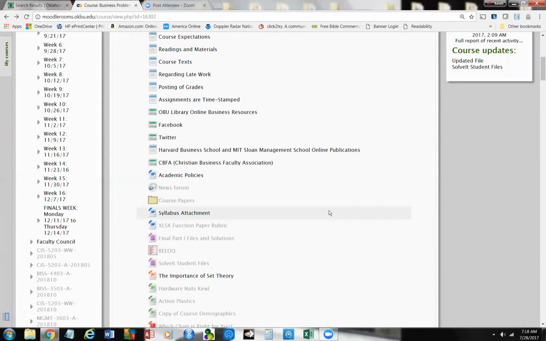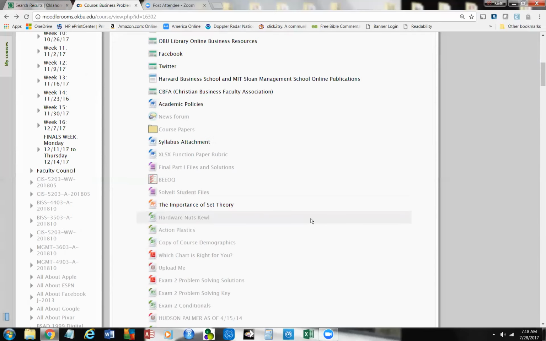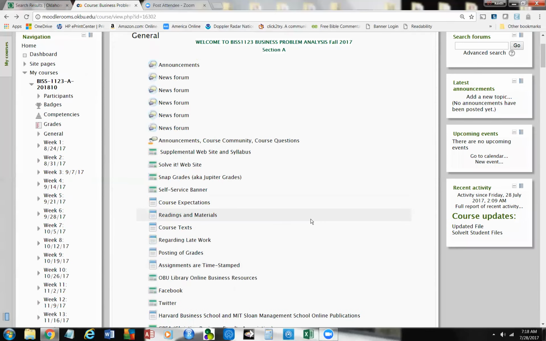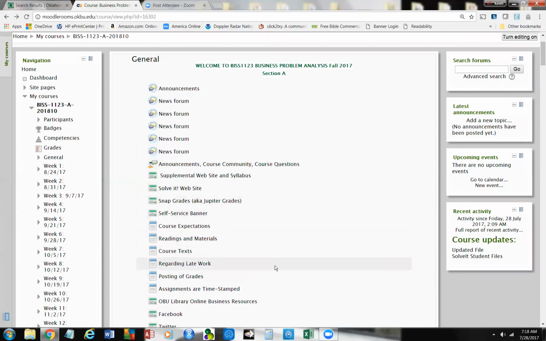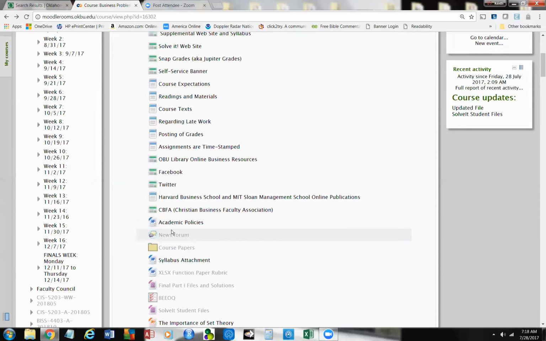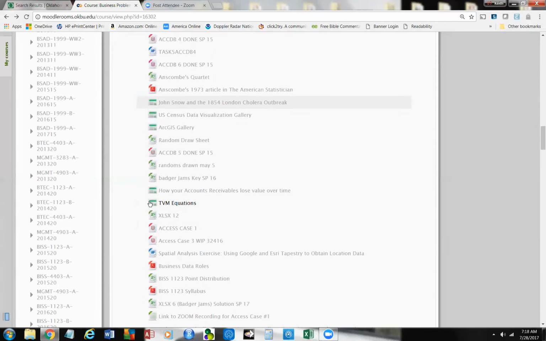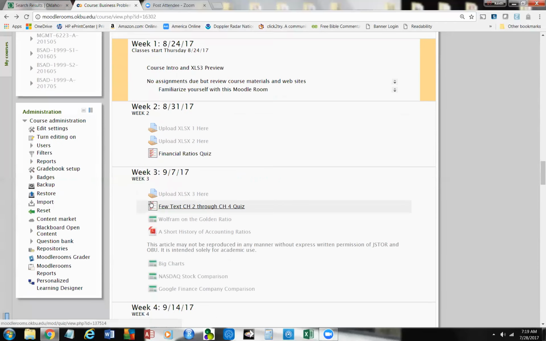As I mentioned before, again, you're going to see a lot of stuff on here right now that you won't see when you log in, because you don't have an instructor's view. You have a student view. And I'm going to scroll down here for a minute,